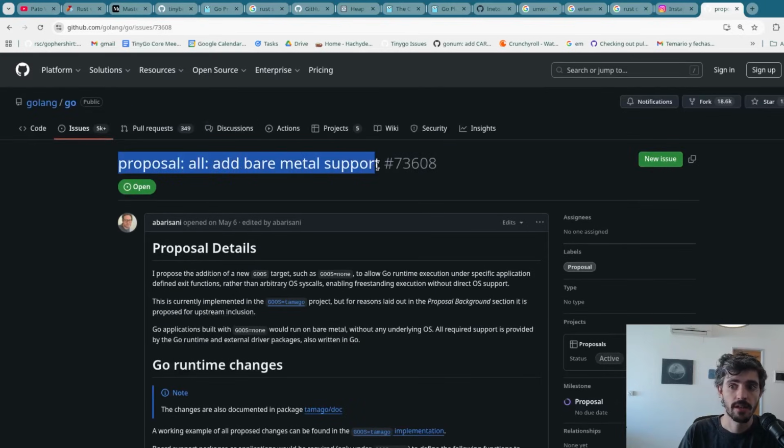This eliminates the entire dependence on the operating system, so you decide what compiles for your binary. The only thing remaining would be to be able to bootstrap your own runtime when compiling with native Go, but you can already do that with TinyGo. So honestly, once this happens, bam, it's Go time.